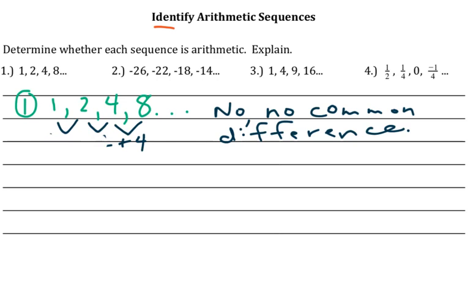You also might have noticed that it's just being doubled every time. But again, that is not a difference, that is a multiplication. And if you double something or divide something multiple times, that's actually called a geometric sequence, which you won't do in this chapter. Number 2, this is going to be OYO,